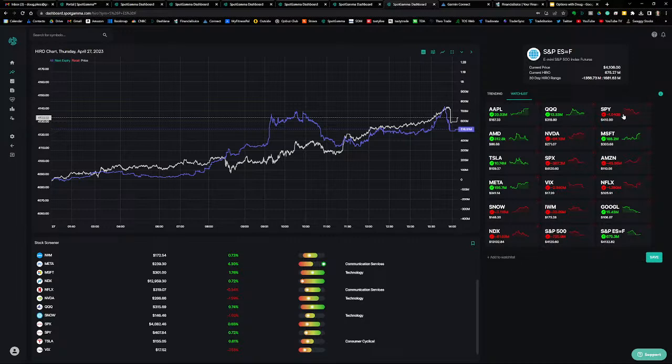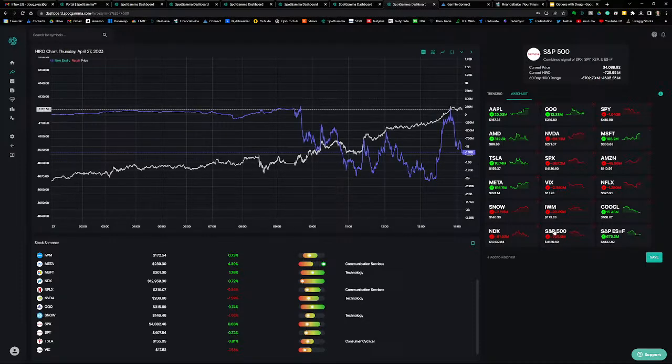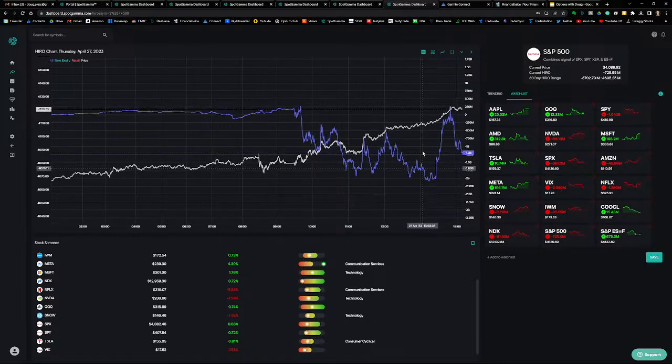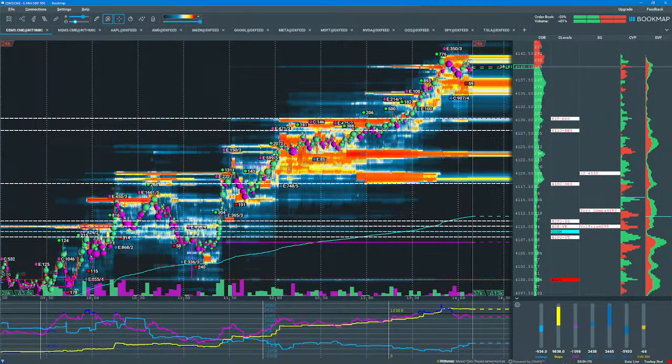So the combined signal shown here is net negative. So anyway, I found this a little bit difficult to interpret today. If you're looking for an options driver for price, it looks like there are other drivers of price in the S&P 500. And really all you have to do is look at the charts for Amazon, Google, Meta, and you'll see what is driving price higher. So let's go take a look at Bookmap now for the S&P 500.